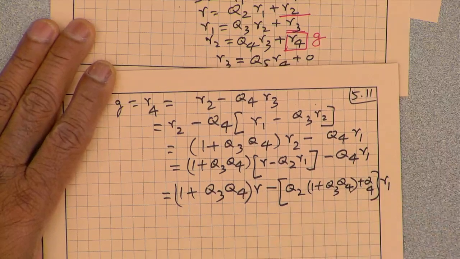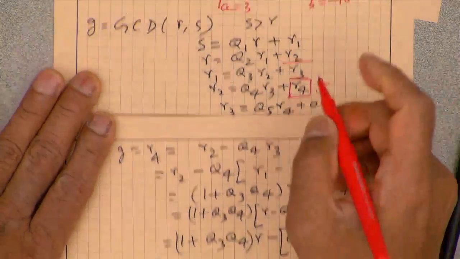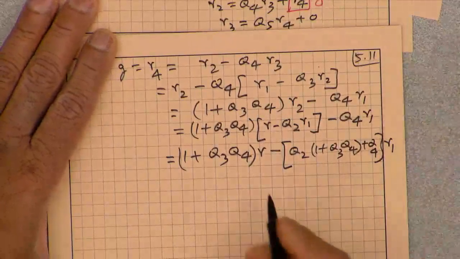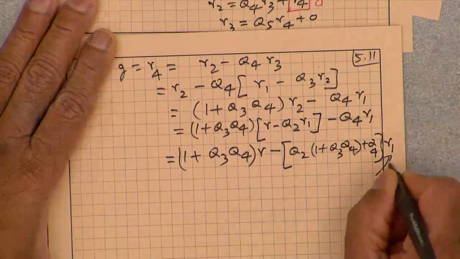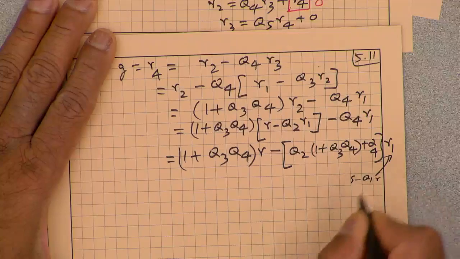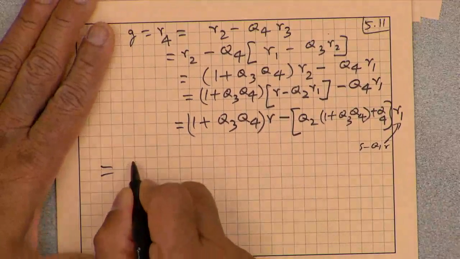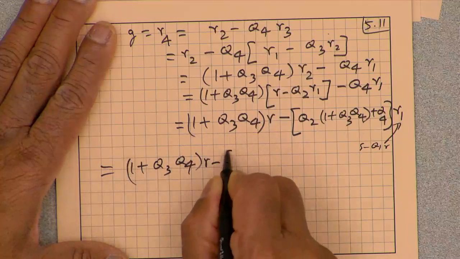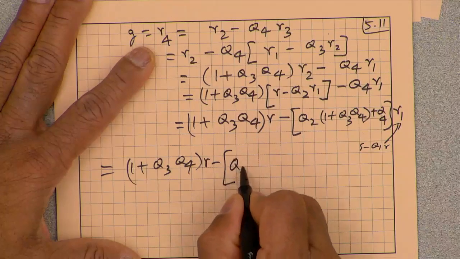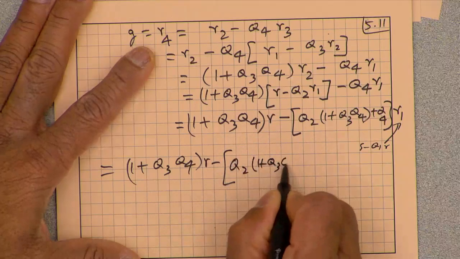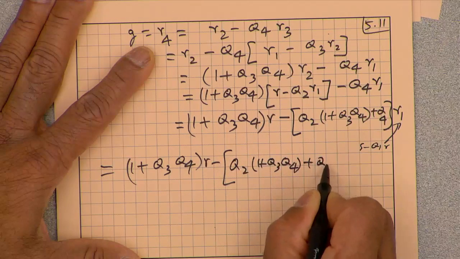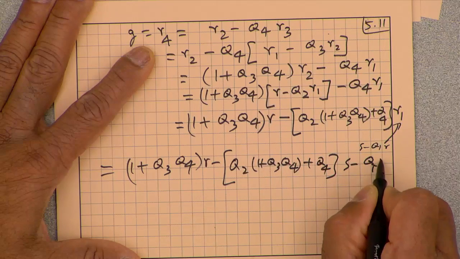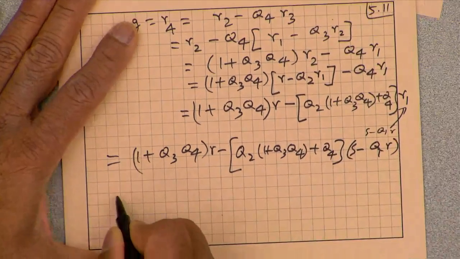Okay, finally, the last remainder, substitute, that's S minus Q1 R. So if you substitute this as S minus Q1 R, that can be written as (1 plus Q3 Q4) times R minus (Q2 times (1 plus Q3 Q4) plus Q4) times (S minus Q1 R), which is equal to